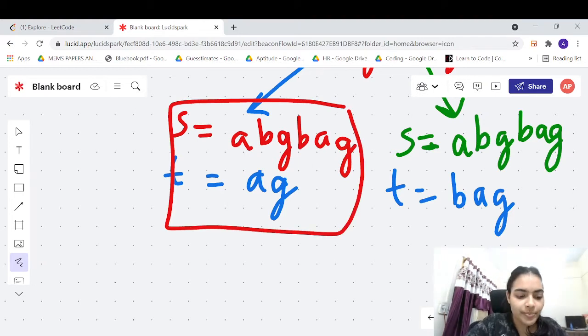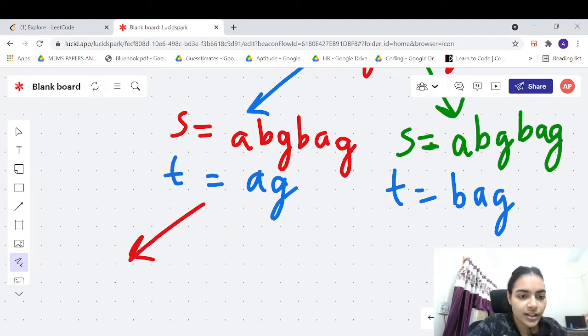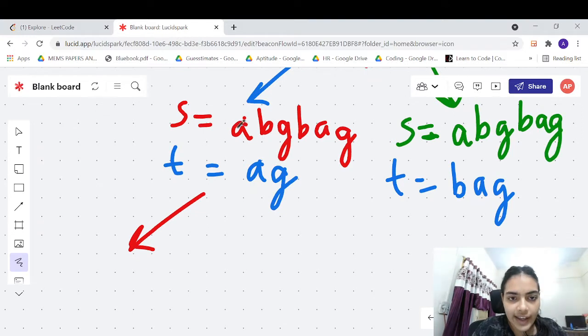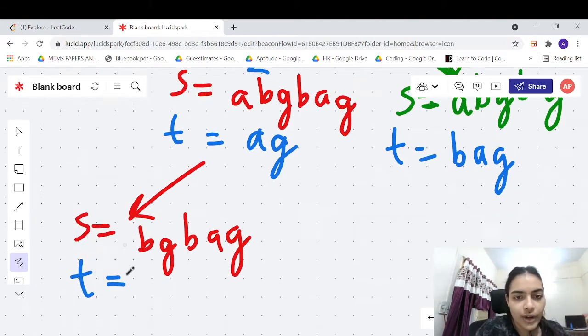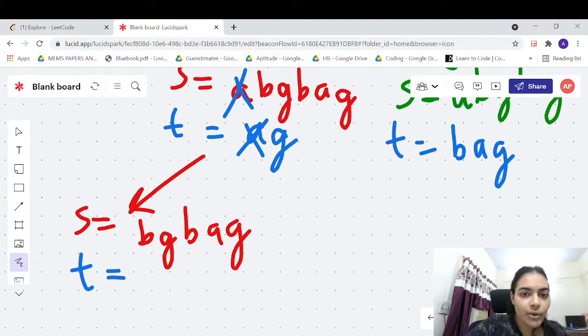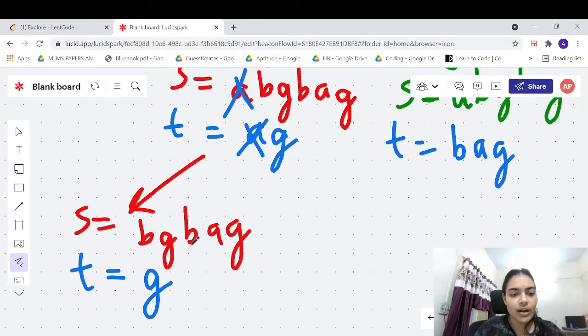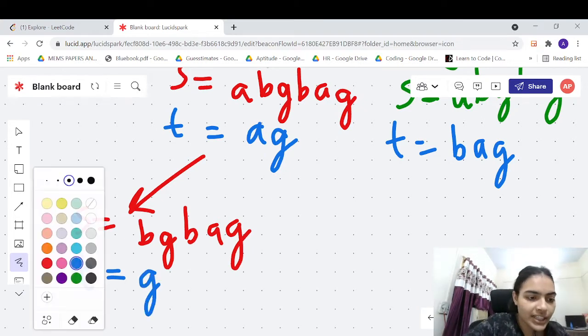Now in this problem, again you have two choices. First choice is, A and A are the same. So let's say you consider this A. In that case, what are you going to do? Your S will reduce. You have just the remaining characters, and you have already counted A. Let's say you have counted A, you just have to make G now. So this is one of the choices that you can take, but this is not the only choice.